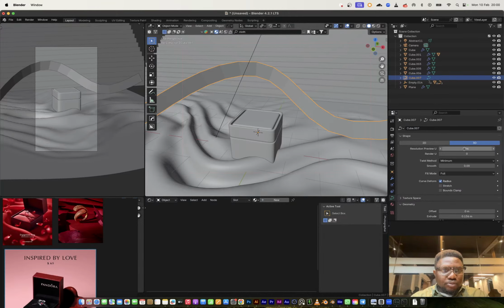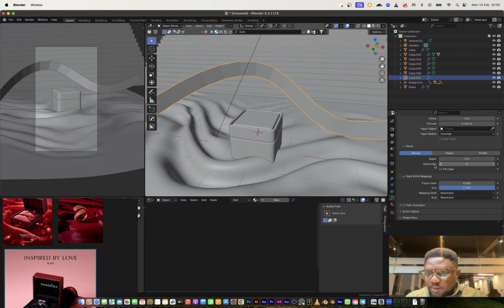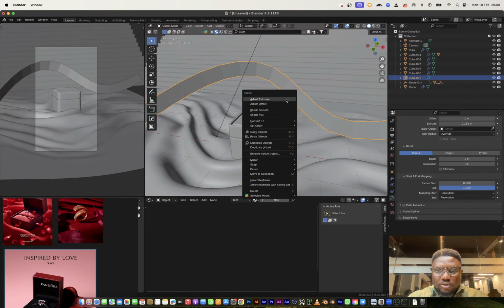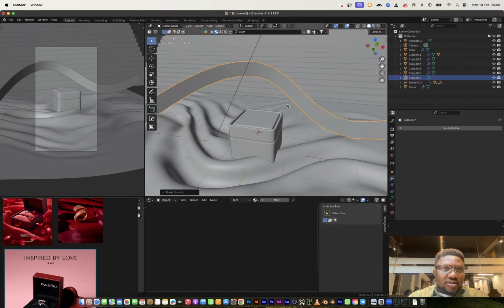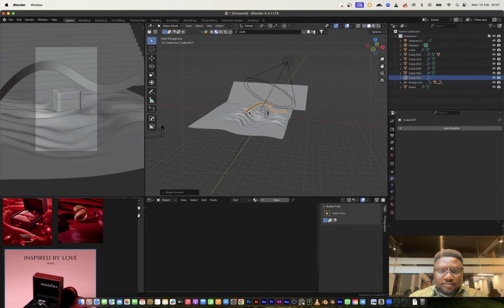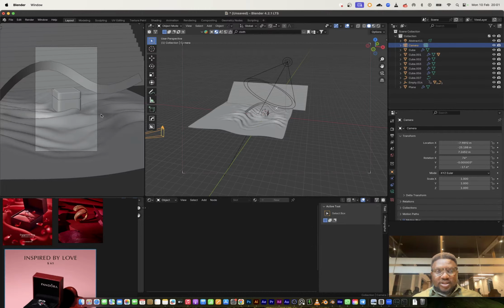So I can just put 24 right here. Did it work? No. What is the resolution here? Can I bring this up to 12? What if I shade? No. What if I shade smooth? Shade smooth worked. It worked rather. So let's start doing some camera work. It's going to be slow. It's going to be delicate, like we usually do.